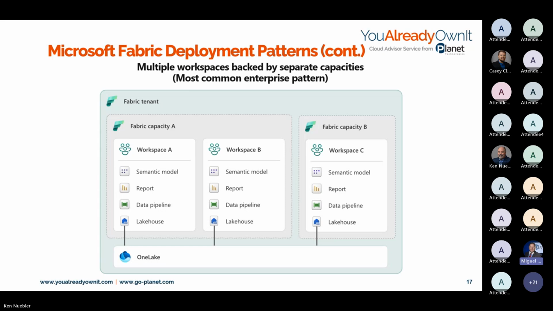And so if I start crossing large geos, especially where I need to be concerned with compliance, regulatory compliance and data residency compliance, that may be the case where I would have multiple tenants, i.e. multiple Fabric tenants and multiple capacities within those tenants as well. That's kind of an edge scenario, which is why I did not do a diagram on that, but I do want to call that out. That's obviously quite capable as well.